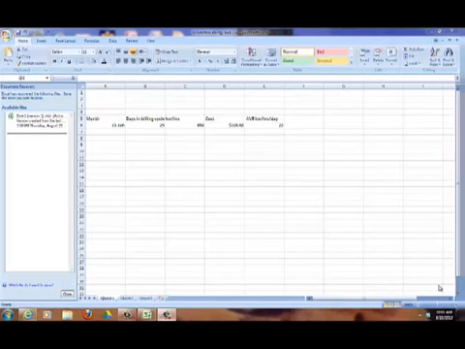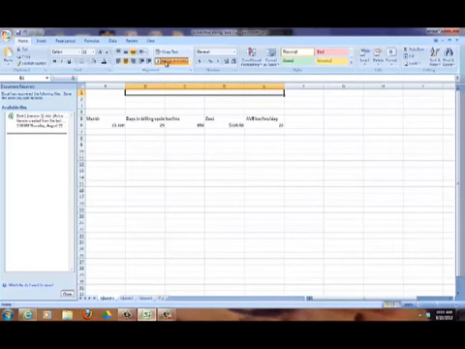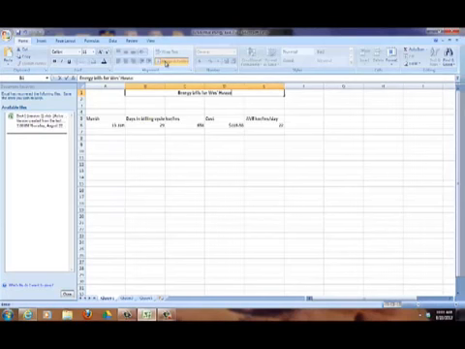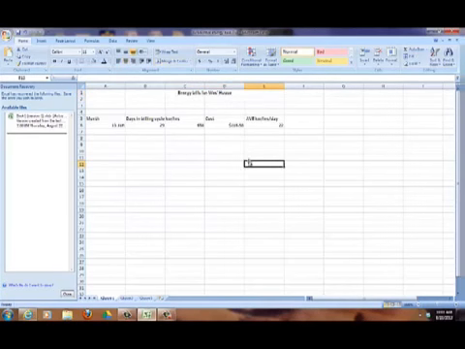a spreadsheet. So this is Excel, and open up Excel and get a blank sheet. I've put a little bit of numbers in there, but let's start by backing up and putting in a headline here. So I'm going to merge and center, and I'm going to say energy bills, B-I-L-L-S, for Wes's house. This is a bit embarrassing because I'm not the most efficient user of energy in the world, but